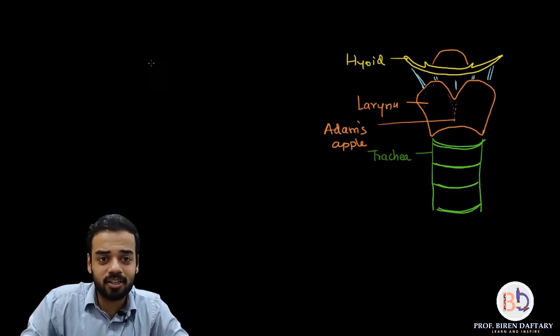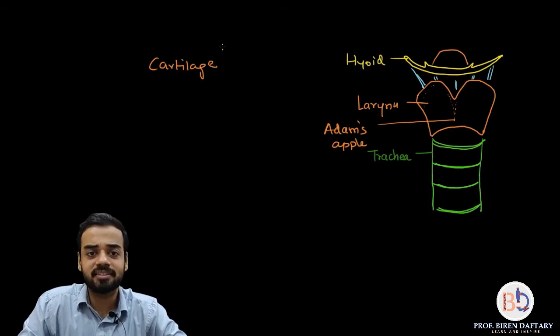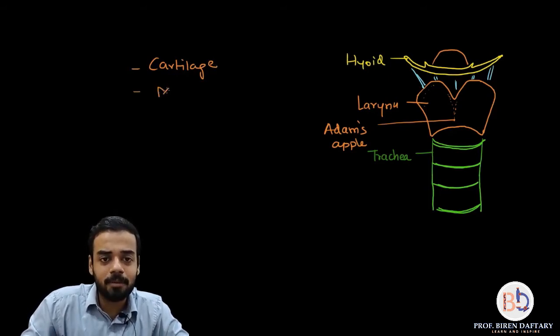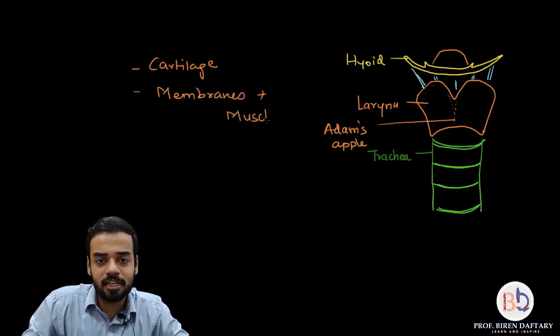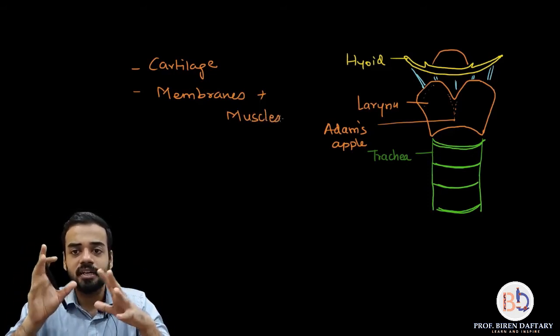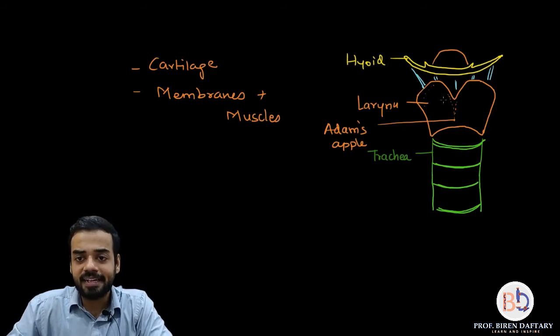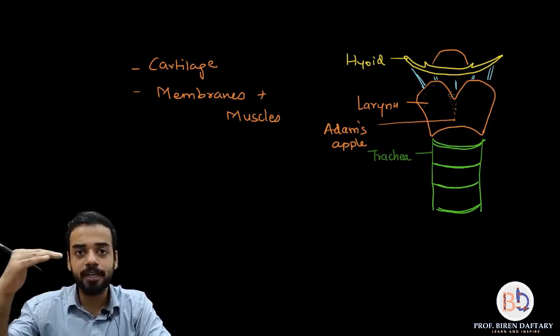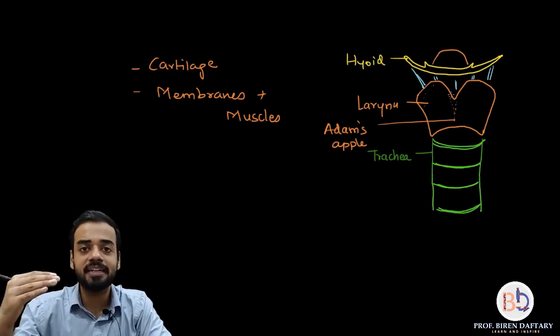So I'm going to write that down. Cartilage, everybody knows, is a slightly elastic structure. So the larynx is basically a cartilaginous structure having membranes and muscles for support. Membranes and muscles help in supporting the cartilage of the larynx. Now, above the larynx is present